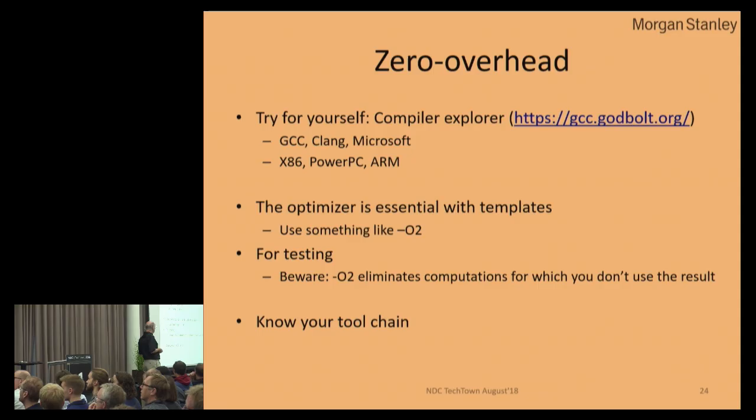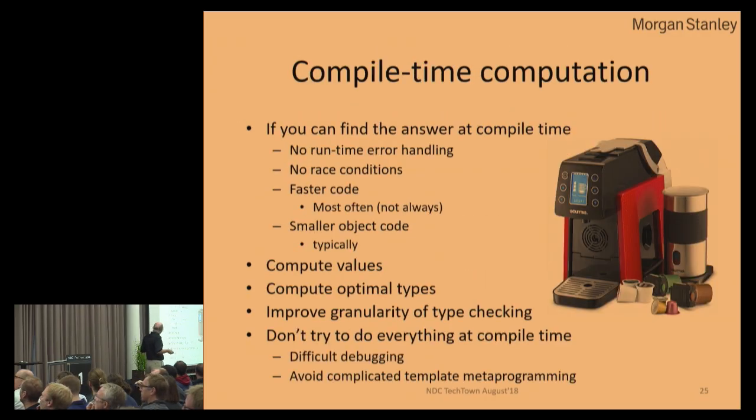And by the way, I don't think anybody here would make the mistake of running code without having turned the optimizer on. But I actually get into discussions with people that genuinely talk about efficiency and forgot to turn the optimizer on and want to write fancier code to run faster. That's pretty insane. And you have to know your tool chain for this kind of thing. If you really, really don't want to compute things at runtime, you can compute them at compile time.